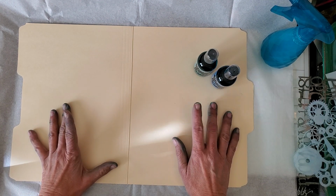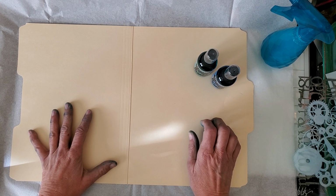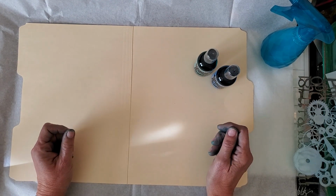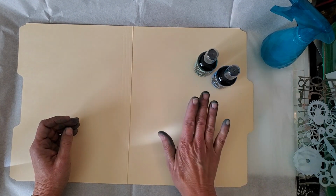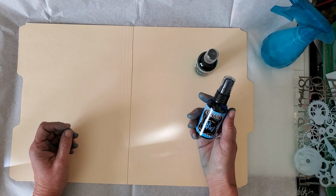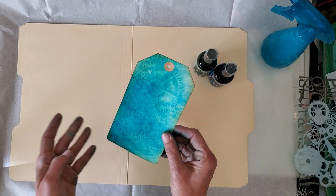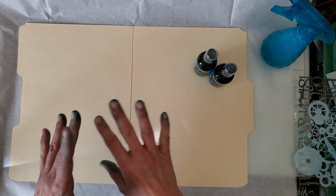So my prompt for January 3rd, that's my day, is unloved supplies and blue. And I don't have a lot of unloved supplies. I love everything in my stash, honestly. But there are things that I don't use very often, and Dylusions spray is one of those things. I wouldn't say that I don't absolutely love the result. I do. But I don't like the mess